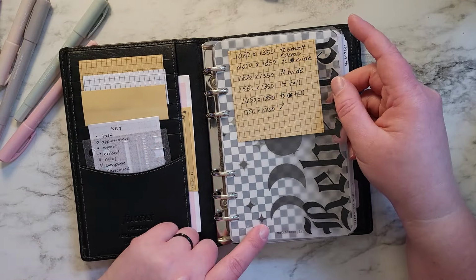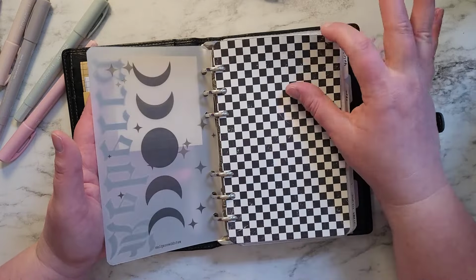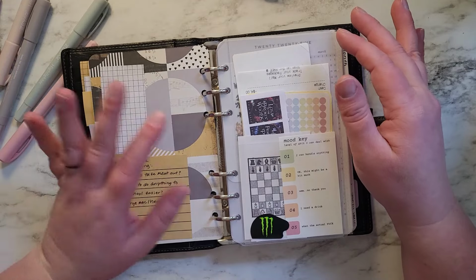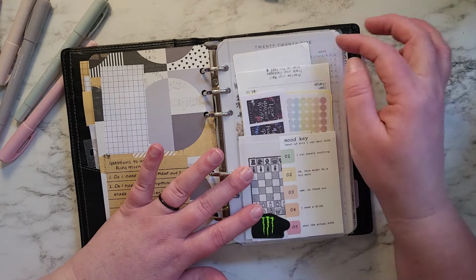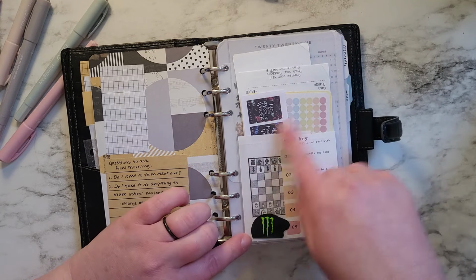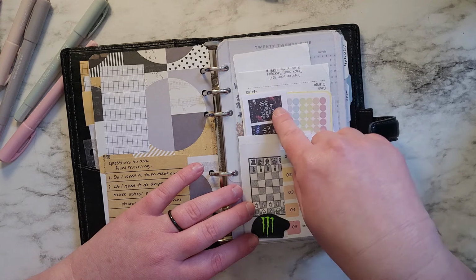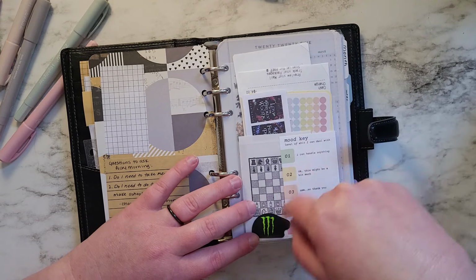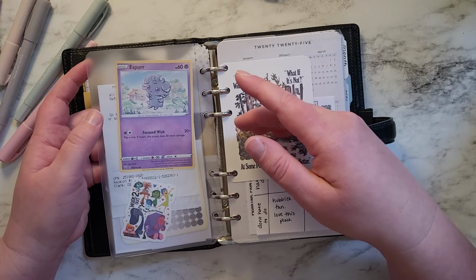And then for the inserts I have the same beginning setup as my A6 and Pocket. This is another one of those side-loading things. And I just have the same stuff in the front. These are the book covers for my book log, cover tracker, mood key, post office for my P.O. box thing,